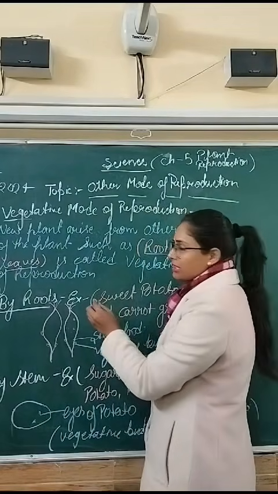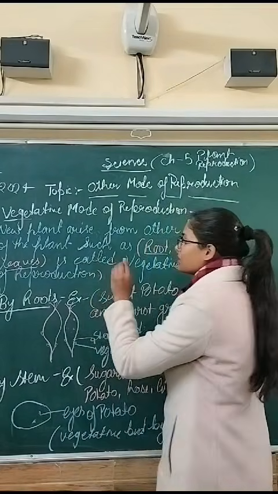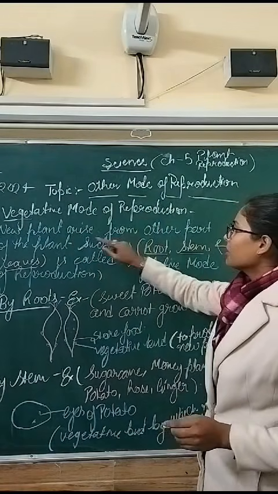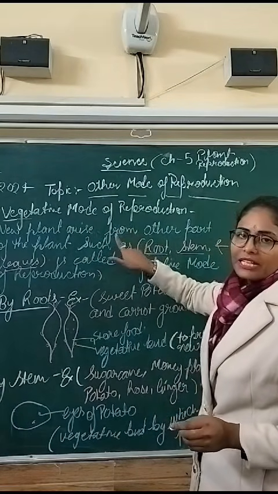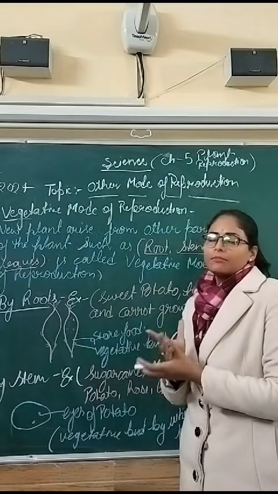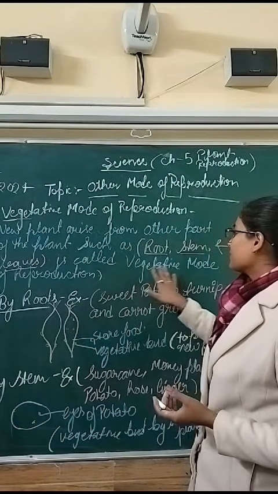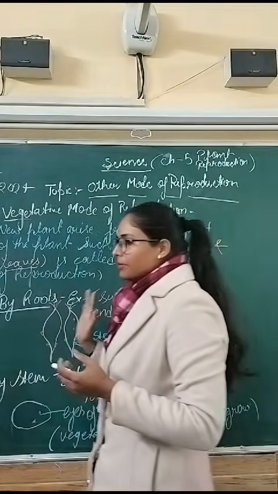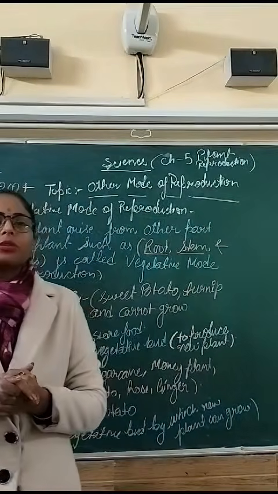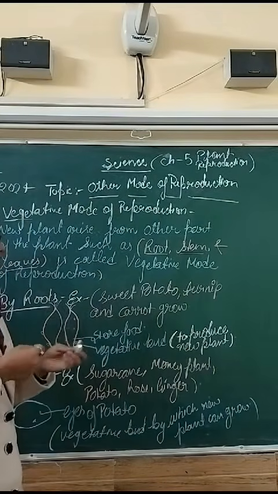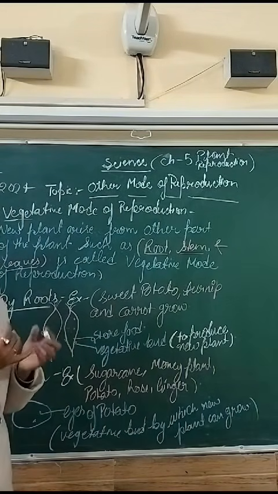I hope this is clear to everyone. What is the definition? What is the vegetative mode of reproduction? Any new plant that arises from any part of the root, stem or leaves is considered vegetative mode of reproduction. So first we will discuss the vegetative mode of reproduction by the roots. By the roots we can see a few examples such as the sweet potato,